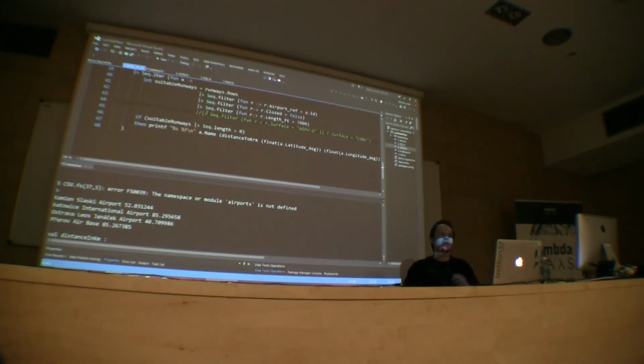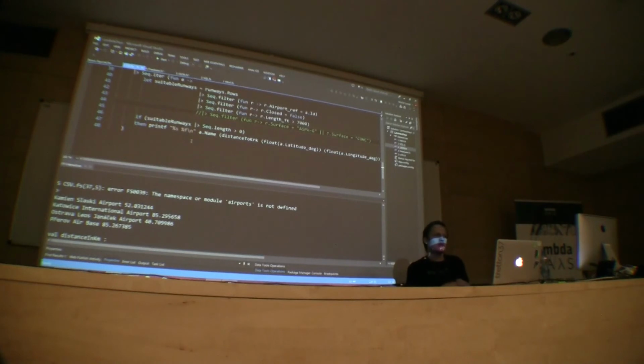If I looked for data in the US, the airports have more information about the surface, so we don't by accident pick a grass airstrip. But the database doesn't contain this data for European airports for some reason, so I couldn't do that. But yeah, that looks good. We have now a business jet and the airport to store it. I probably could pick Katowice because why not? Yeah, so that was the plan for type providers for today.